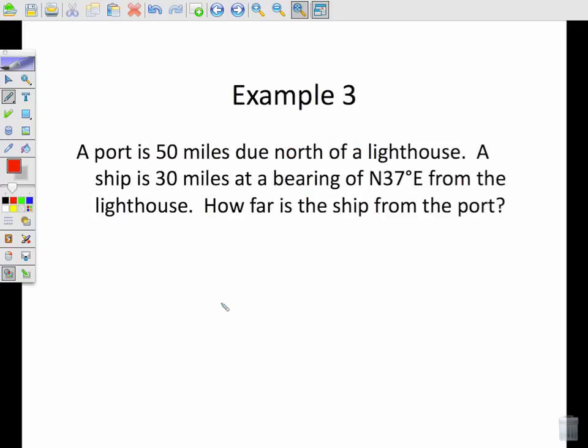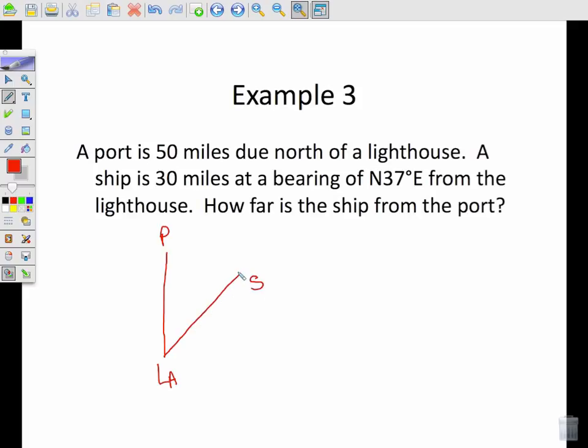A port is 50 miles due north of Lighthouse A. A port, 50 miles due north. This is a port, Lighthouse A. A ship is 30 miles at a bearing of northeast 37 degrees from the lighthouse. All right, so since this is directly north and we've got a ship northeast 37 degrees east of north,